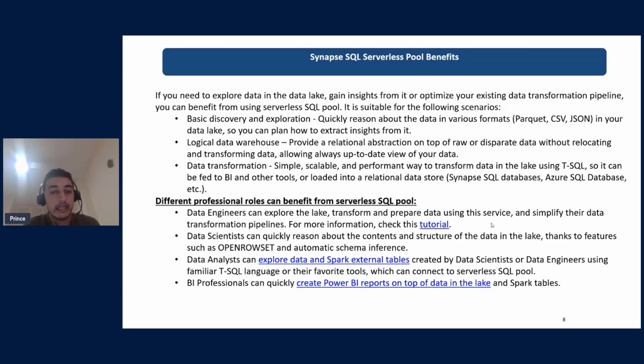You can explore your data lake. You can prepare using the service. You can simplify the data transformations. Data scientists can quickly reason about the contents. So it's an OPENROWSET function that they use in SQL. So you can do a very quick query, like group by and all those things, to get what is there. Data analysts can use